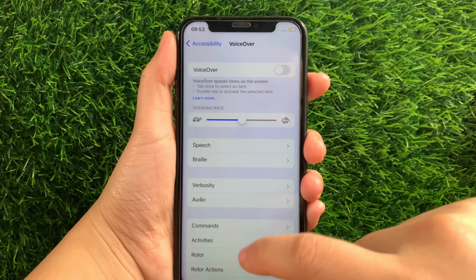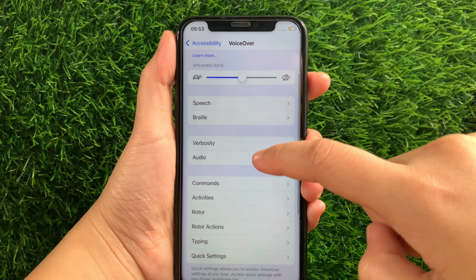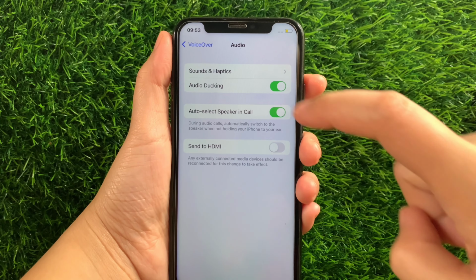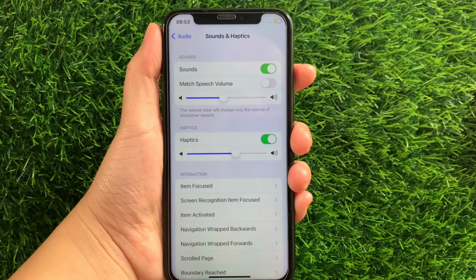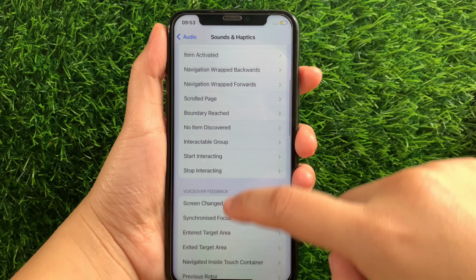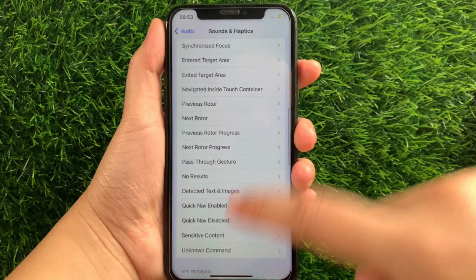Then after that, in VoiceOver, scroll down and tap Audio. Then in Audio, tap Sound and Haptics. Then after that, in Sound and Haptics, scroll down and go to the VoiceOver Feedback section and then tap the